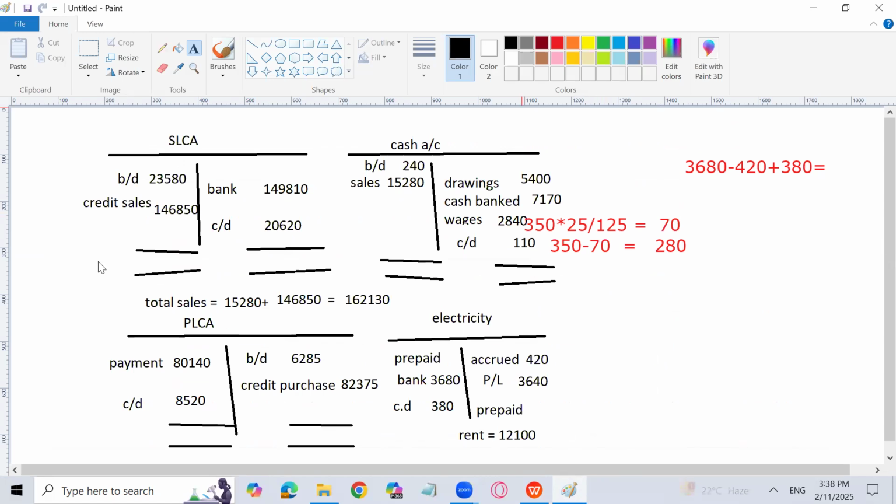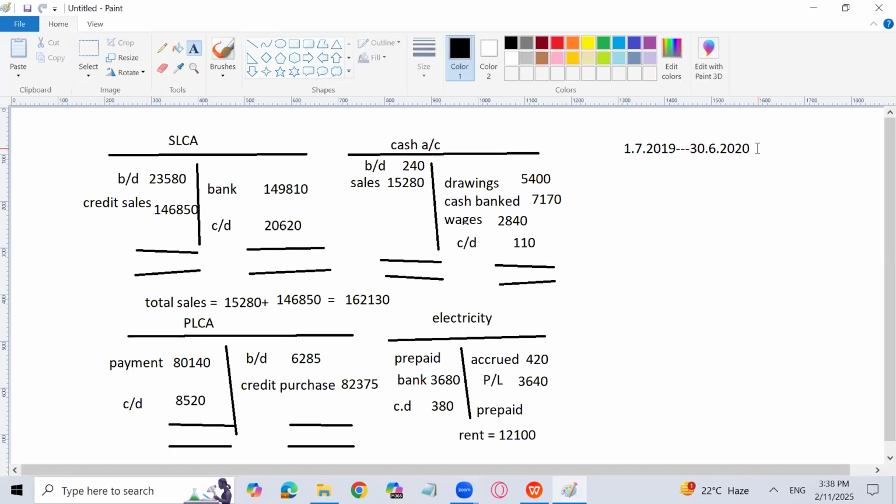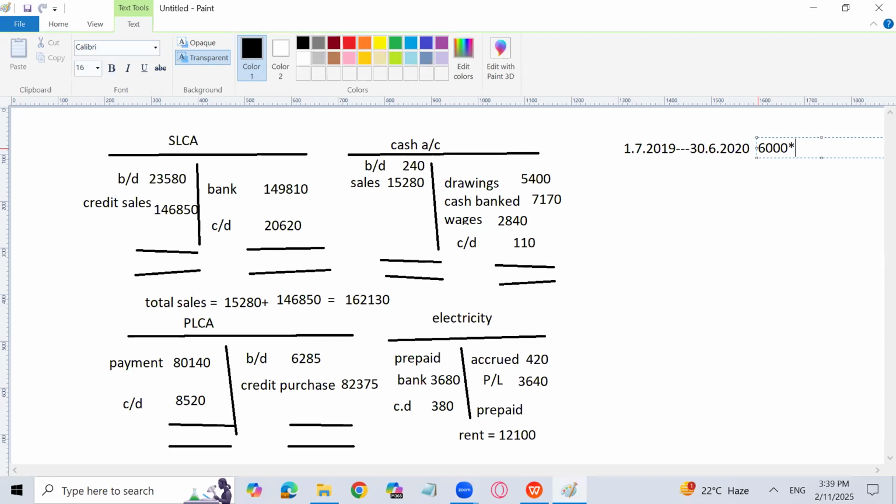I will wrap it up. 280 is the purchases, goods drawing, the cost actually. So what is the amount of the 6,000? We have purchased it on 1/7/2019 and we used it till 30/6/2020, right? So 6,000 into 25%, how much? 1,500. Again, we have used this asset from 1/7/2020 to